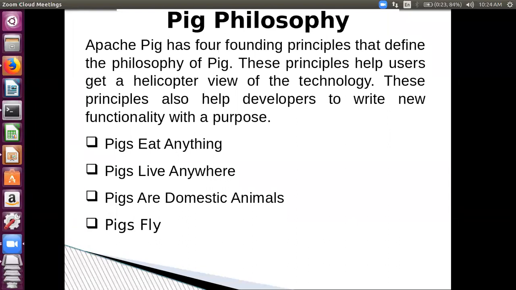Pigs live anywhere means Pig can analyze a file which is either in the distributed file system or in the local file system. Pigs are domestic animals, and domestic animals are very user friendly. So Pig is a user-friendly language which helps you carry out your tasks very easily. Pigs fly means that the speed of analysis of programs in Pig is quite good as compared with other programming languages. That is the Pig philosophy.